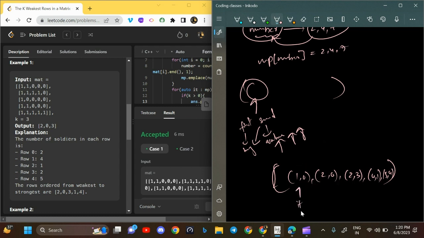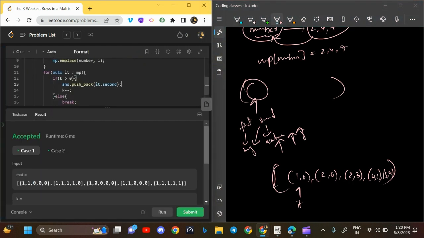For that, you are taking the second element. All right, you're pushing in the second element, because this is the row that we are actually interested in. This is the row we are actually interested in, so we are pushing this, and then we are pushing